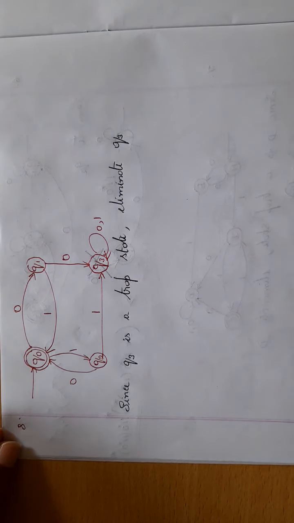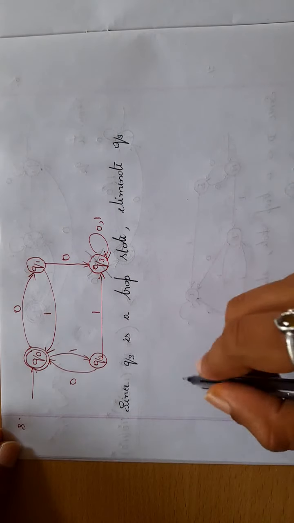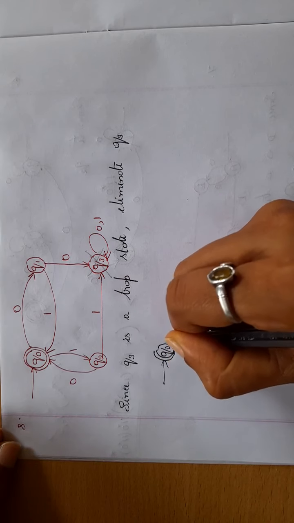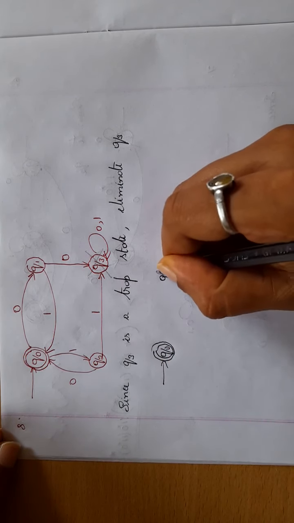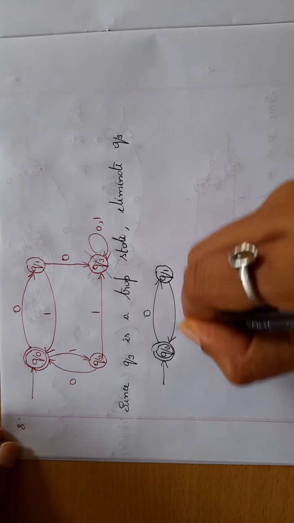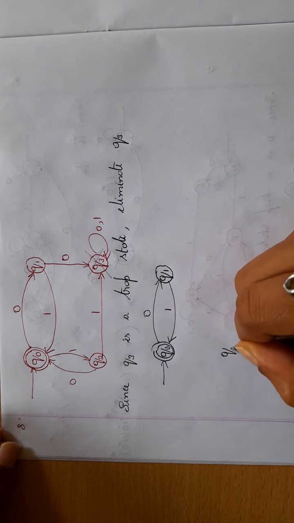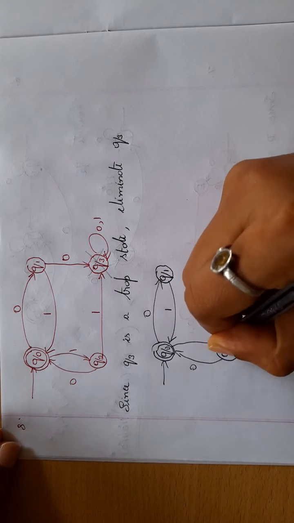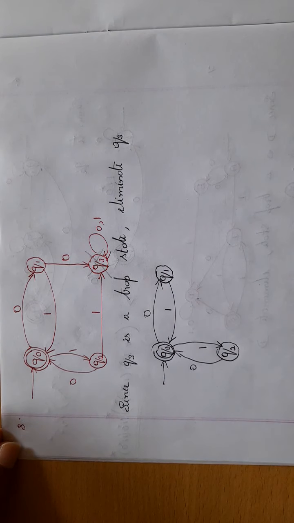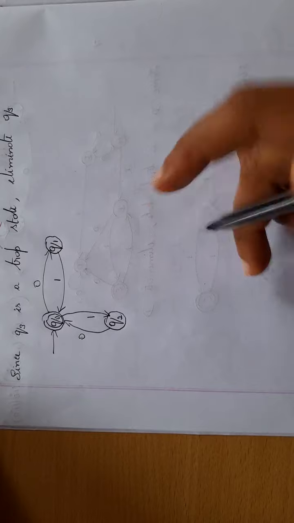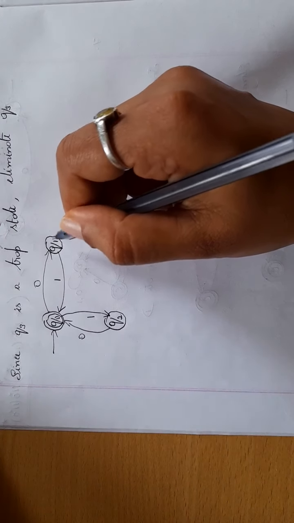So when I am deleting Q3, I am left with an FSM like this. I have Q0, I have Q1, and I have Q2 here, with the transitions 0 and then 1. Okay. So after deleting the trap state, my FSM looks like this. Now we shall start deleting the intermediate nodes. So first I will delete this particular intermediate node Q1.